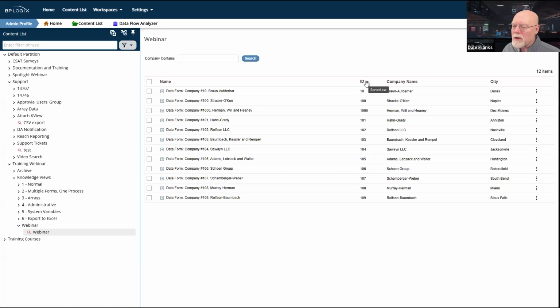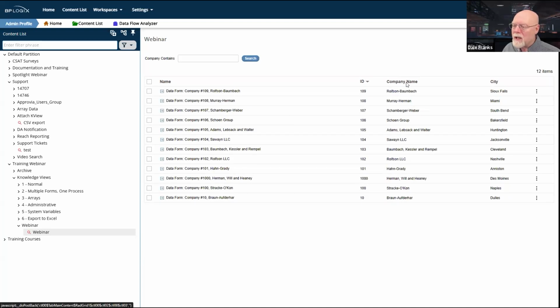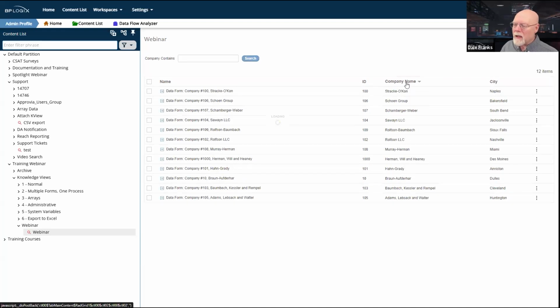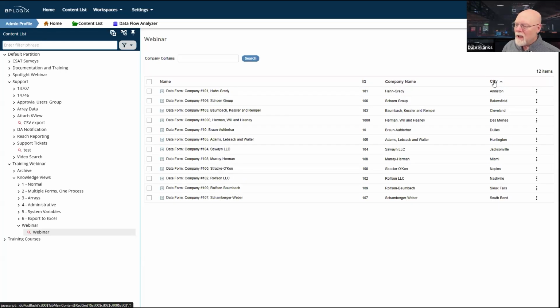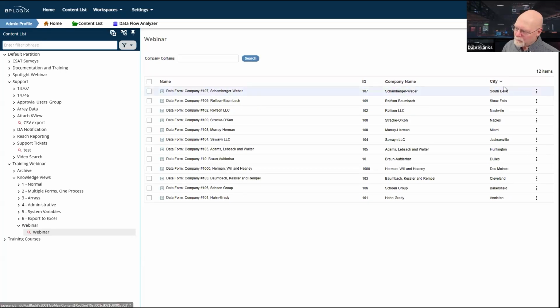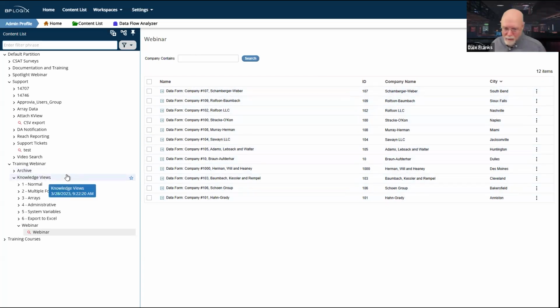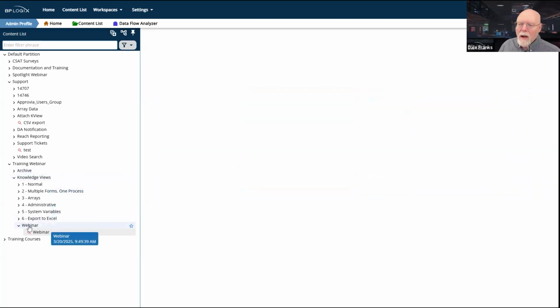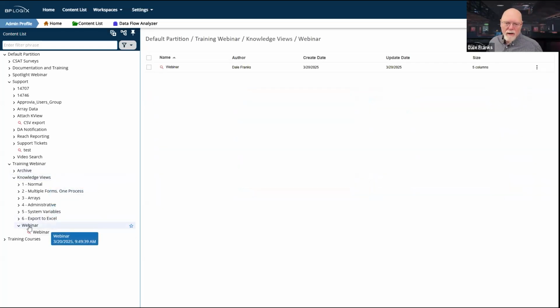You can, of course, sort any other column, either ascending or descending, simply by clicking on the name once or twice, and you'll get the little icon for ascending sorting. And if I click on it again, I'll get the icon for descending sorting. And so I can now do that as an end user automatically, just to sort it however I want to sort it. So those are the basics of knowledge views.